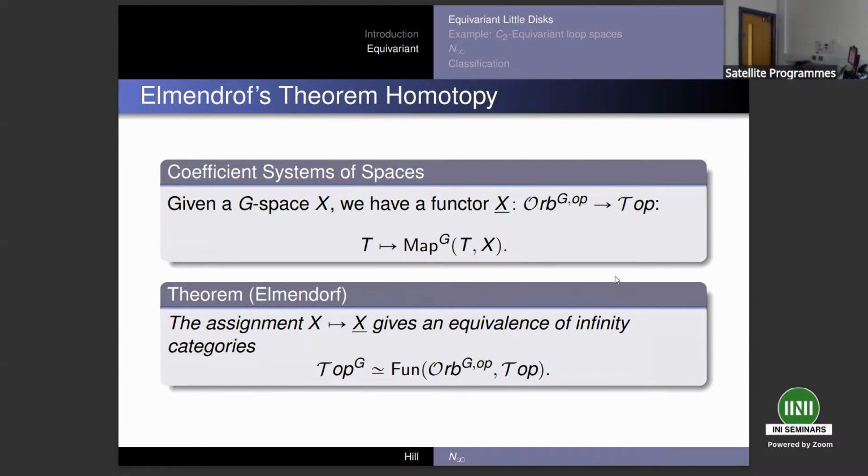So here, what was my orbit category? The orbit category here is, I can think of it two ways. I can think about it as just take the orbits G mod H as H ranges over the subgroups of G, those are my objects, and then take all equivariant maps between them. Alternatively, or equivalently, I can think about this as the full subcategory of the category of finite G-sets spanned by the transitive G-sets. You can think about them in a lot of ways. It's all describing the same thing.